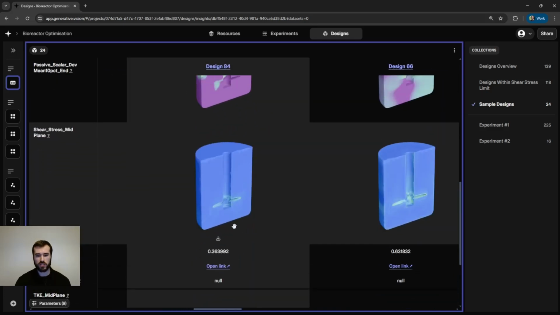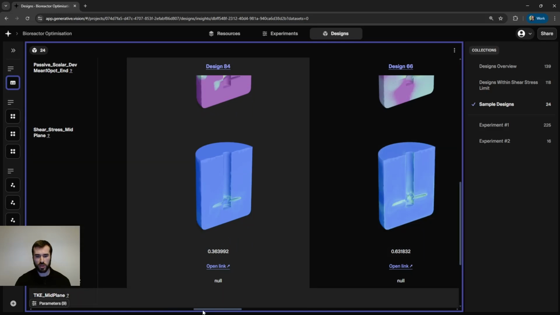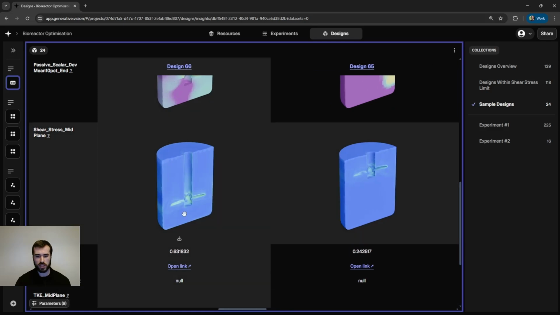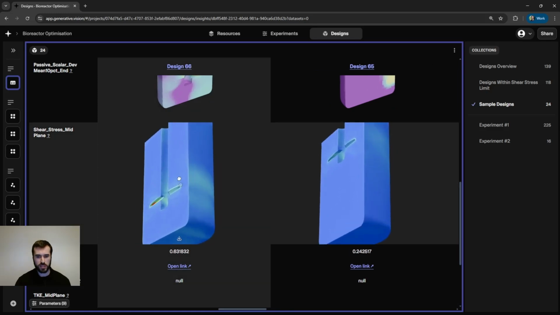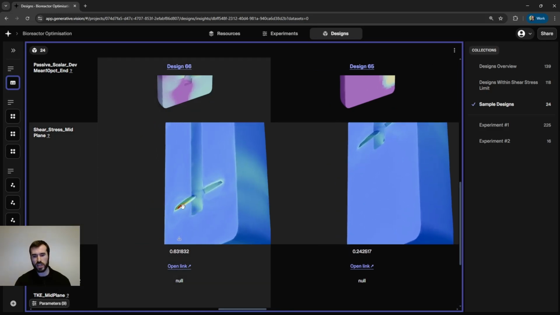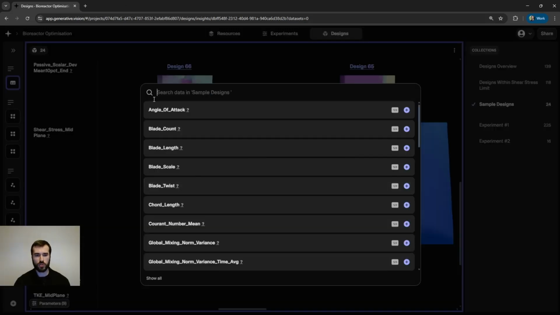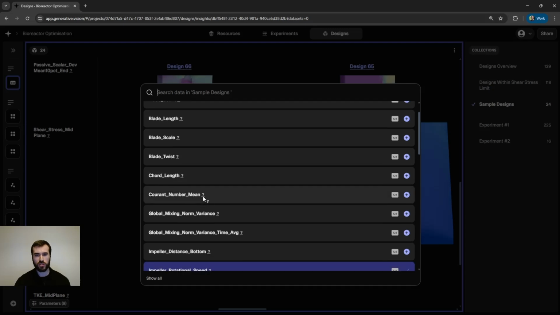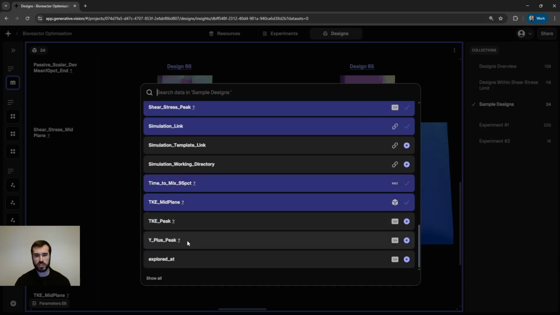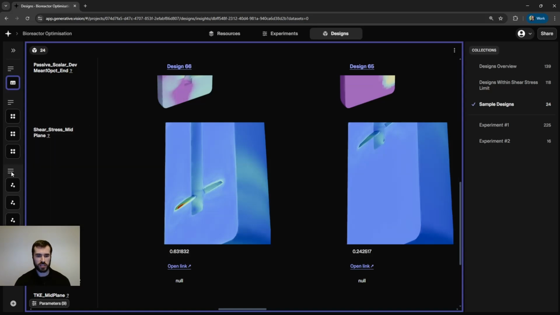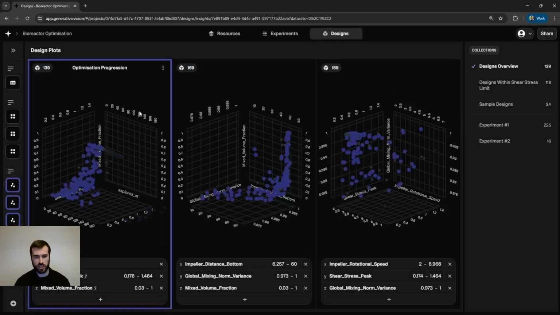For shear, the peak value is reported, and a contour plot produced, where any regions exceeding 0.5 pascals are in dark red, for example here. So you can clearly identify any constraint violations. We also monitor numerical quality indicators such as the Courant number and the Y+ value to flag any outliers. We can also plot the parameters against each other to understand correlations and trade-offs.